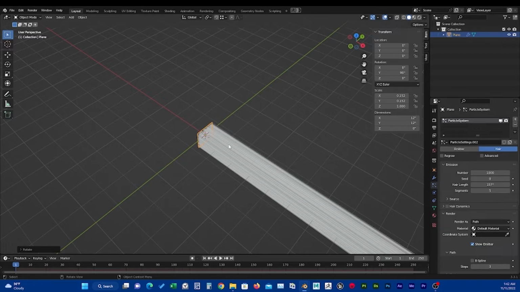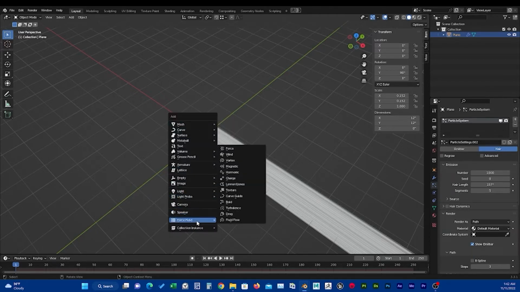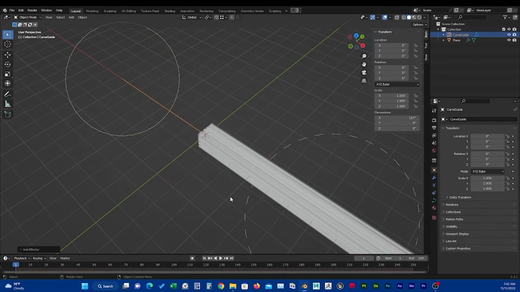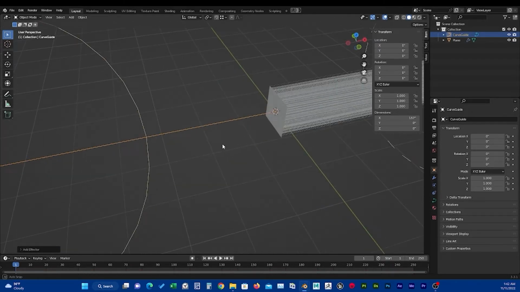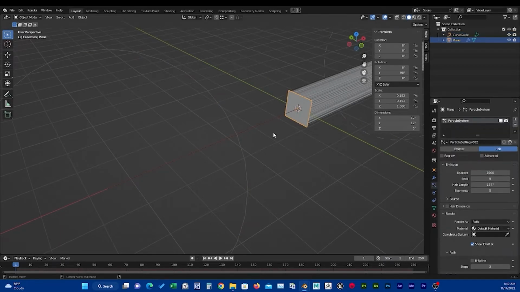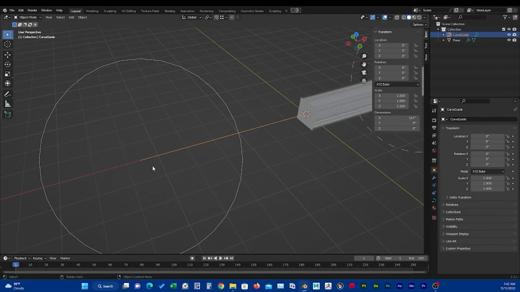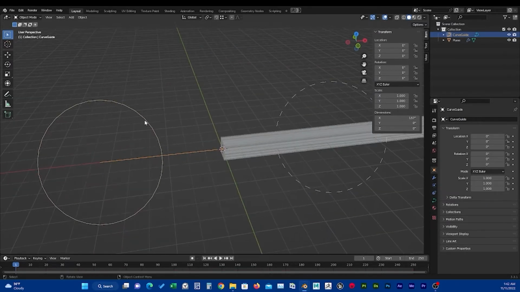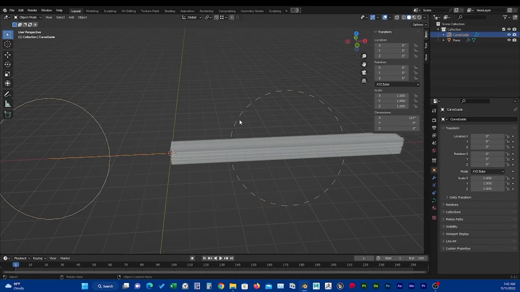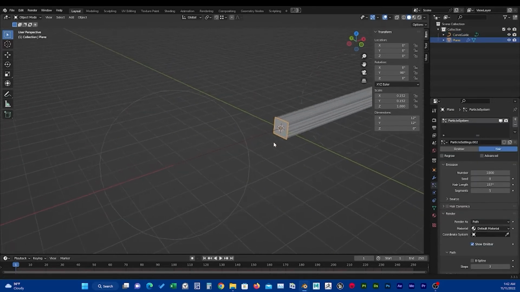So now that we have our hair particles, let's go ahead and add our curves. So selecting the mesh here, I'm going to press Shift A. I'm going to go to force field and curve guide. So we want to make sure that our plane is perfectly positioned at the starting point of our curve guide. The circle that is solid is our starting point and the dash circle is our end point. So we want to select our plane,